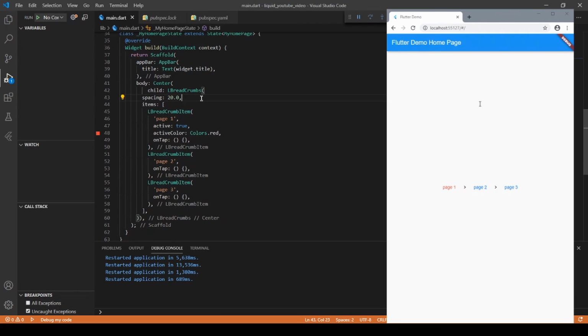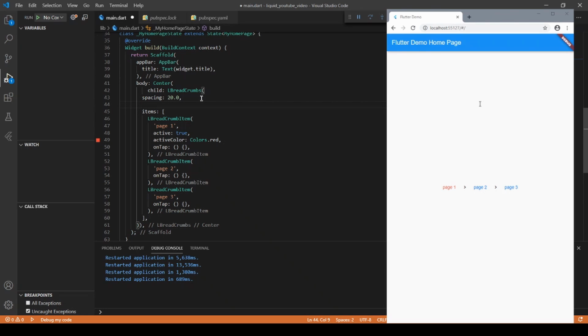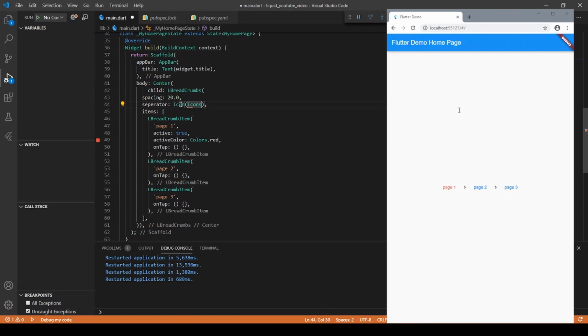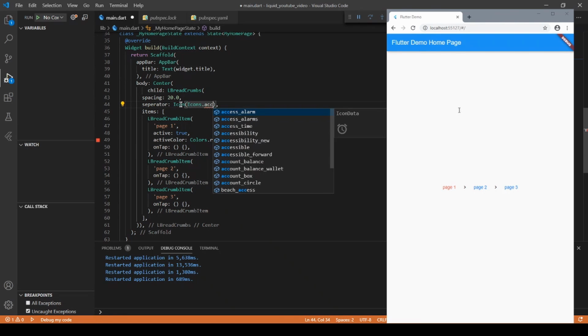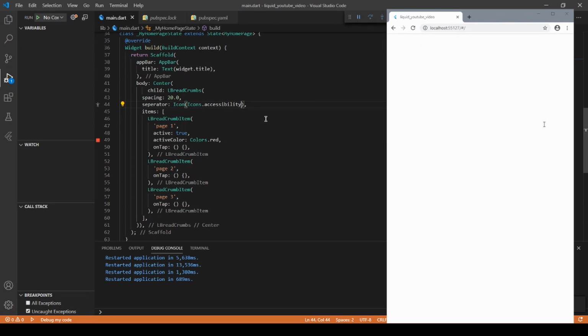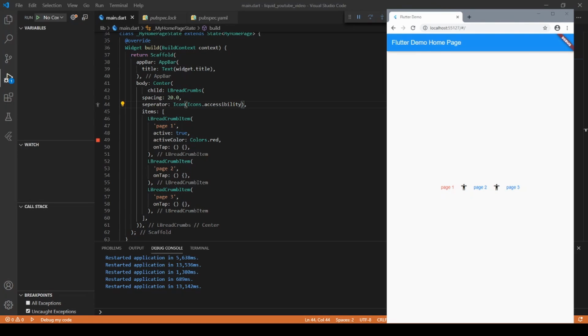We also want to change the separator, that right angle icon. Just go through this and we can see what its type is. It's a widget type, no issues. What we want here is an accessibility icon. And here we are done with it.